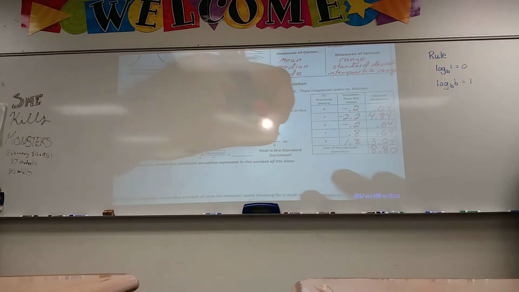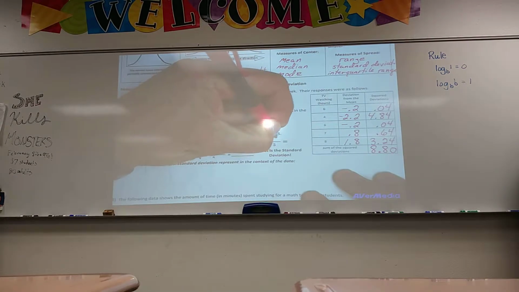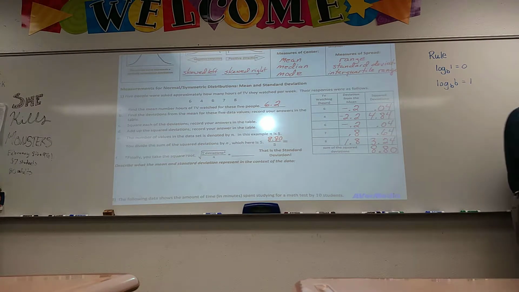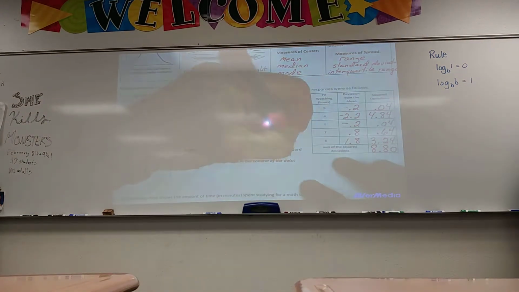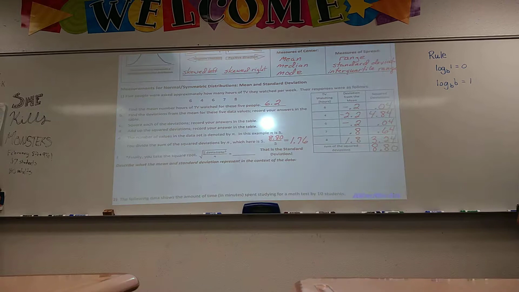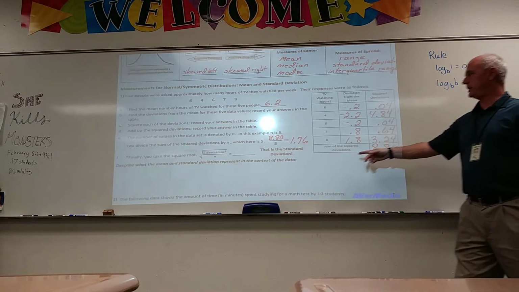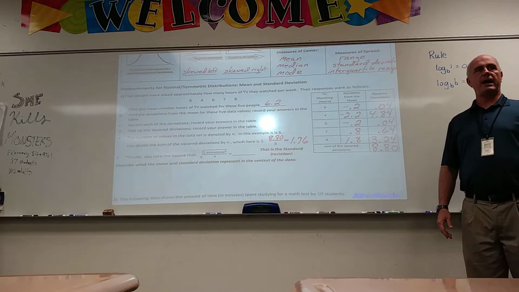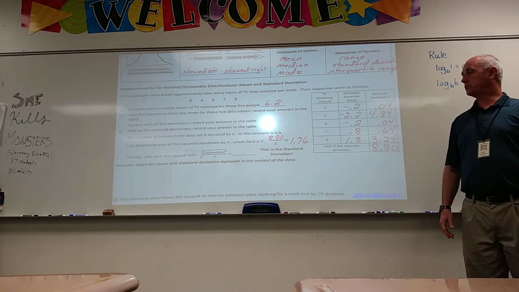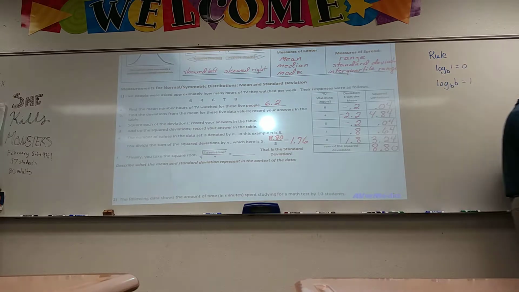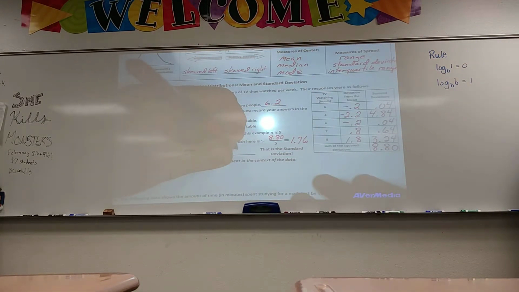Which means that over here, 8.80 goes down there. And we divide by 5, which gives us 1.76. So the mean of the squared deviations is 1.76. We now are going to take the square root of that. Part F, we take the square root of 1.76, which gives us